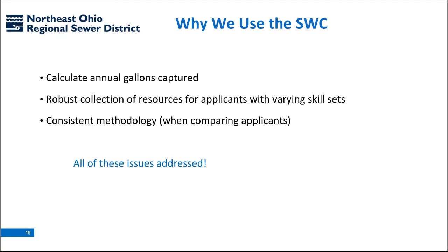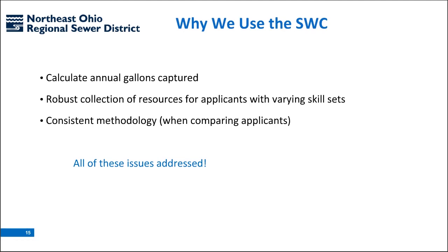So we look at the pre-development versus post-development scenarios and see what the difference in runoff is by adding those features. There is a lot of data that's typically needed to do this kind of analysis, and the applicants have varying